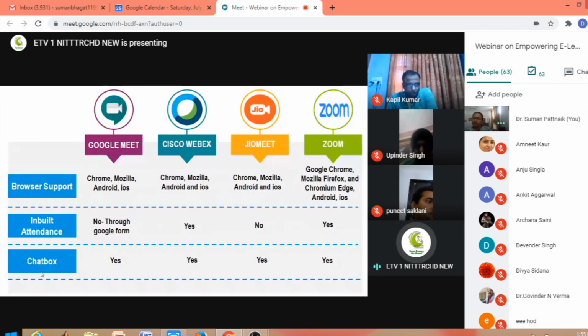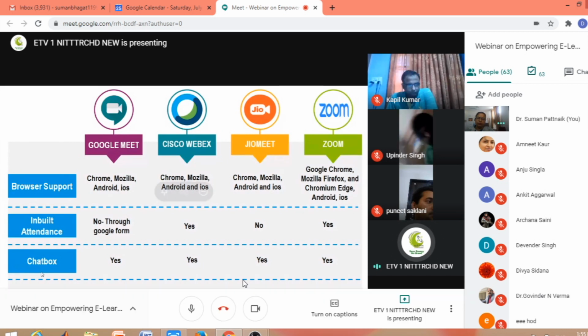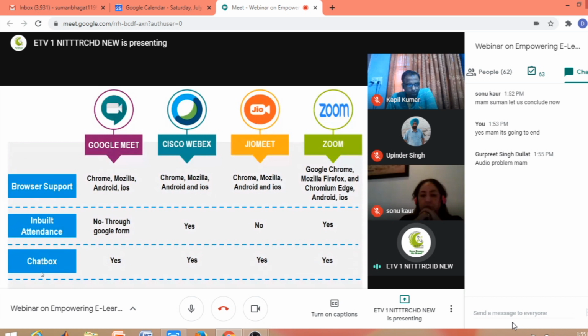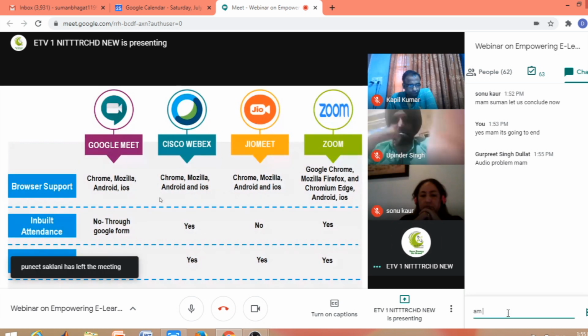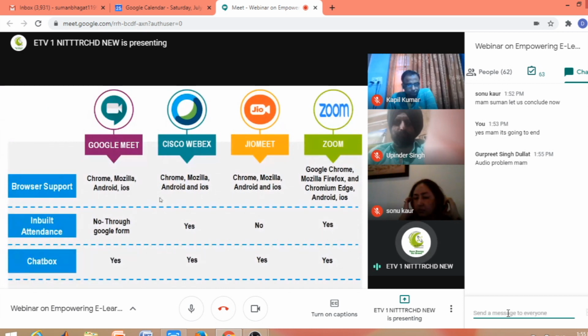Then only your Google Meet will work on Internet Explorer. So they have mentioned to use Chrome, Mozilla, or Android. In Cisco, GeoMeet also work well on Chrome, Mozilla, Android, and iOS. Zoom works well on Chromium Edge also. Inbuilt attendance system in Google Meet, you can take the attendance either through a Google Meet extension